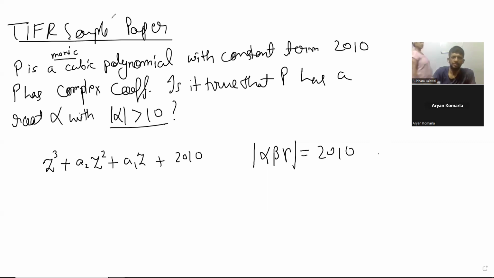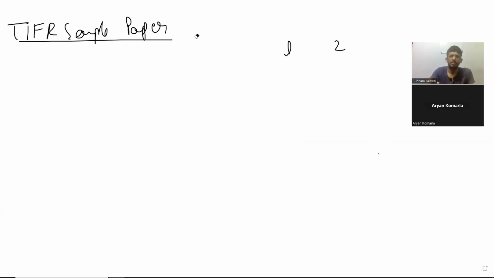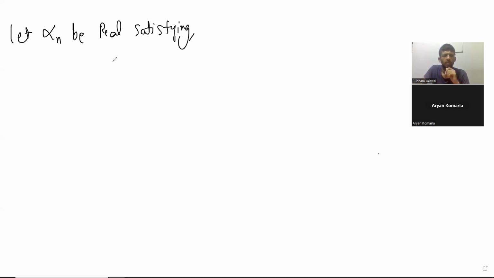And there was one more question, sir, which I think is a bit more interesting. I think this was GATE, but I'm not sure. I've forgotten the source. The question is: let alpha n be the real number satisfying P n of alpha n equal to 0,